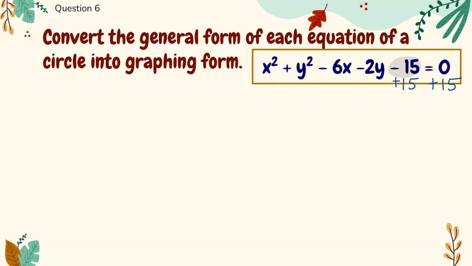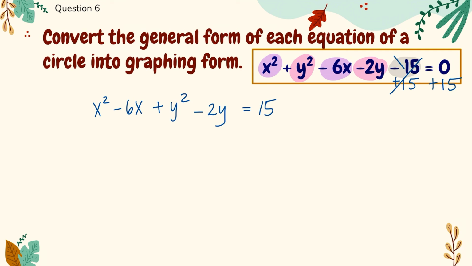And then if you guys want to just rework everything together in the beginning, like so, you can do that. Okay, so this is how everything's going to eventually look. So I have x² - 6x, and then I have y² - 2y = 15. So notice how I moved the 15 over as well. Okay, so you could draw boxes here. Definitely can do that. Or you can do a shortcut,